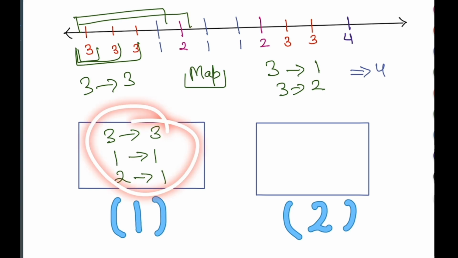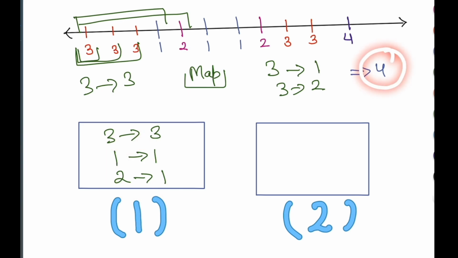At this moment in my map I have 3 values. Now I will start decreasing the size of the window till my map has just 2 unique values. And at every point we just need to record our answers, and we need to store the maximum answer possible. So that is the complete approach to solve this particular problem. Now let me get back to the code editor and show you how you can solve this particular problem